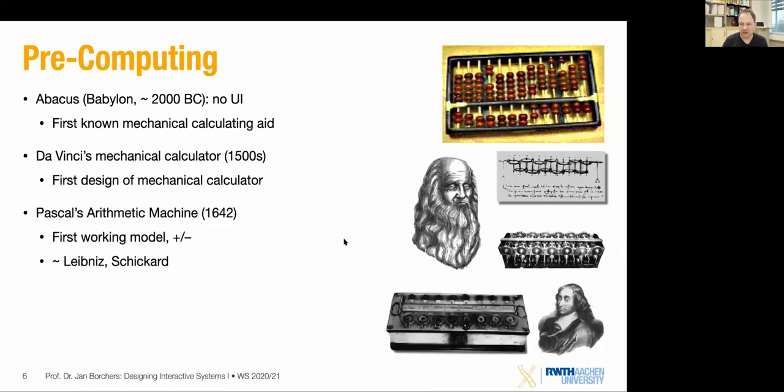Then if you look just a little further, we've got Pascal's arithmetic machine, for example, here by Blaise Pascal. And that already had fundamental operations on here. That was the first one that actually worked, right? Da Vinci was a little bit ahead of his time. People couldn't mechanically make the things using the tools of the time that he was dreaming up. But Pascal's system was very similar to Leibniz's machines or the machines by Chicard. That was the first working model of such a calculator, and it could do things